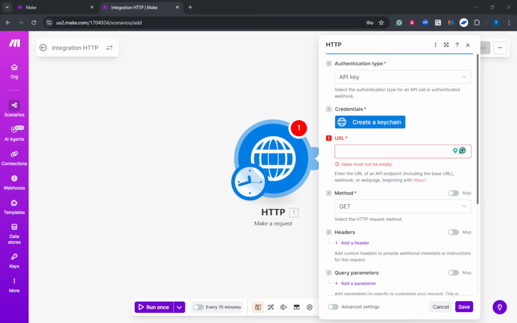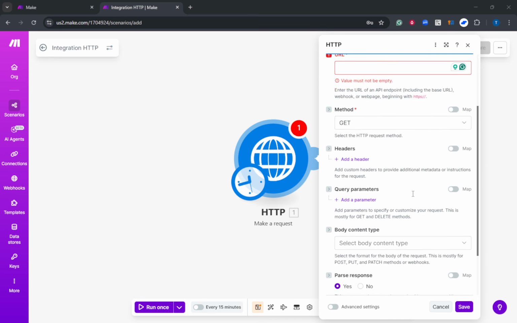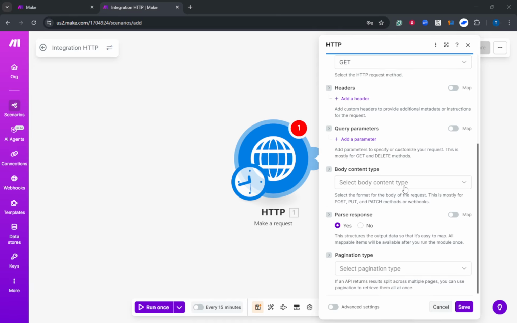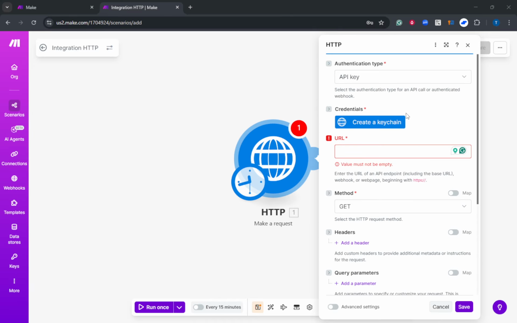In today's video, I'm going to teach you how to connect make.com to a REST API HTTP request. If the service you want to use is not listed in Make's catalog, you can still connect to it with the built-in HTTP app. REST APIs accept HTTP requests such as GET, POST, PUT, or DELETE, and most of them return data in JSON. Your goal is to configure one HTTP module so it sends the right request, and Make